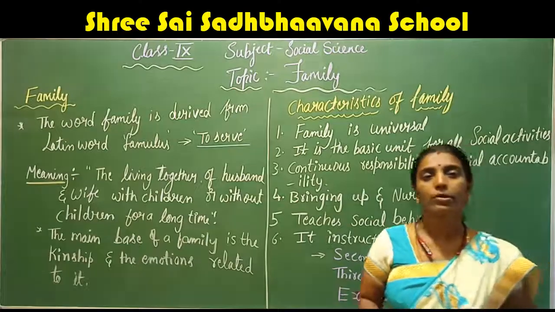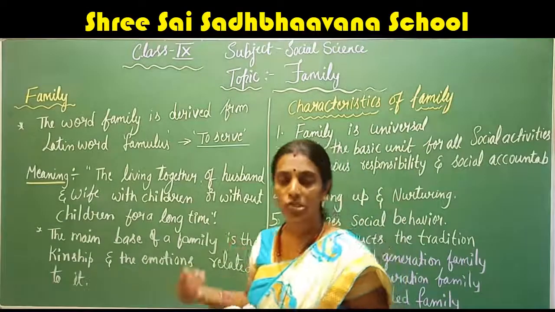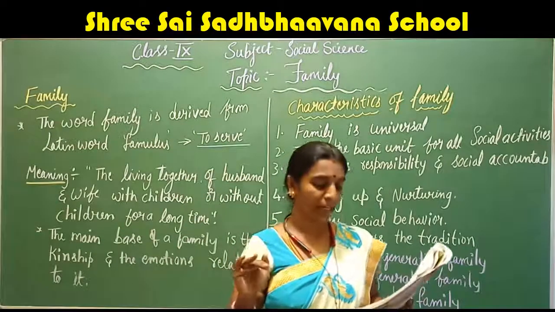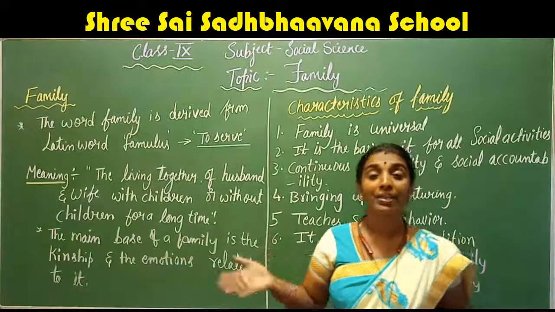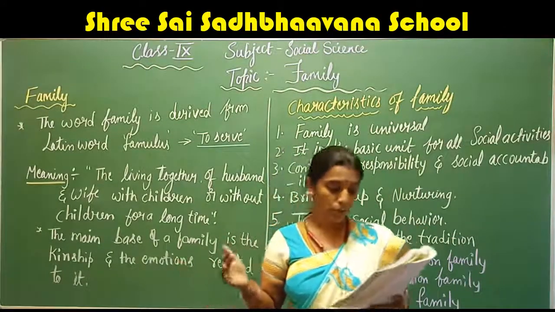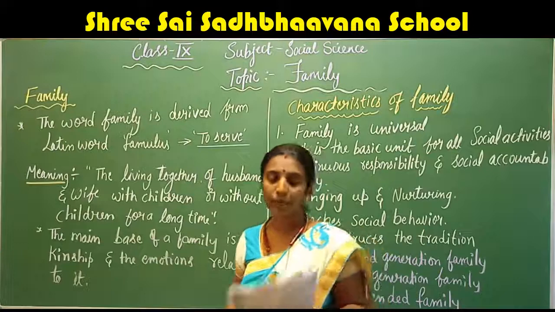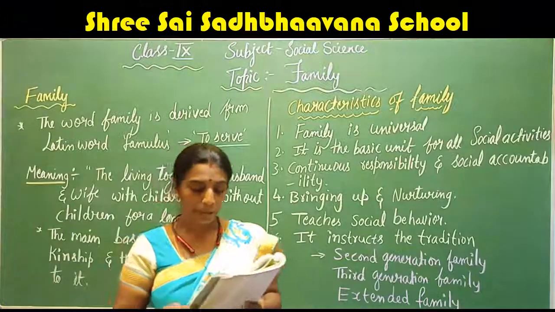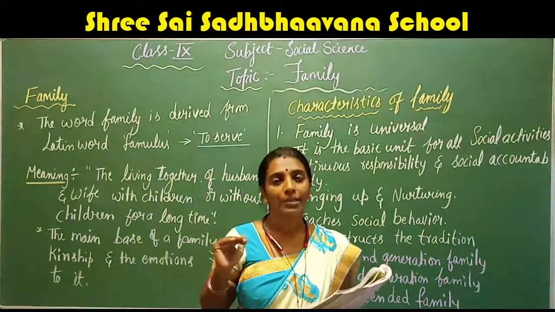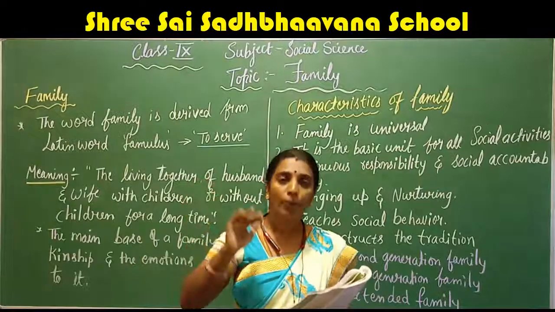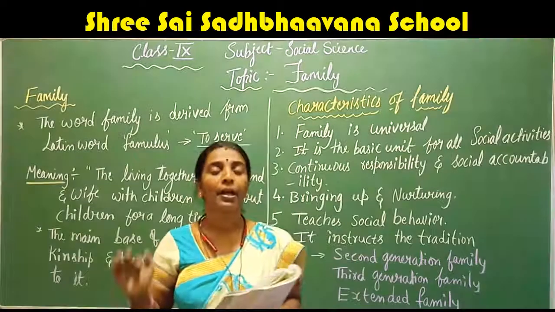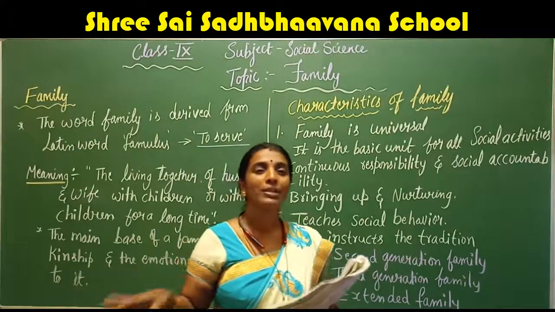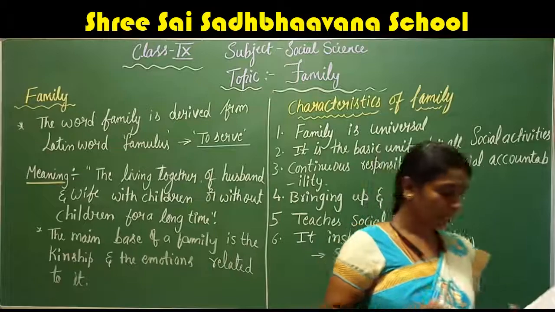Indirectly the family tries to control the child through demanding responsibility or demanding good behavior. And taboos means a social and religious custom prohibiting or restricting a particular practice. Okay, that is called taboos. I hope you understood. Indirectly they will control the child by demanding proper responsibility, proper behavior, and also the taboos, that is, to prohibit something: don't do this, don't do that. So indirectly controlling the child.